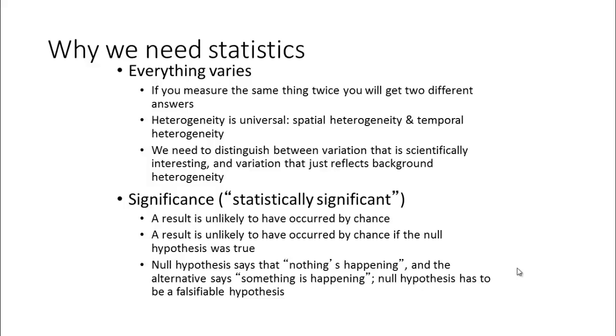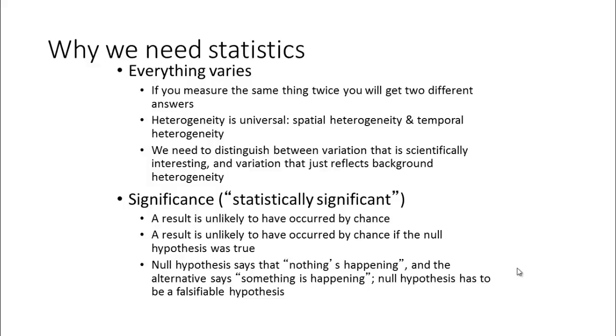So the idea is, the observations are so heterogeneous in nature, then to justify or explain that, we need statistics. The second point is significance. As we go deeper into statistics, we'll see there's something called significance, with an upper band of significance and a lower band of significance. We'll get into all that, but the point is a result is unlikely to have occurred